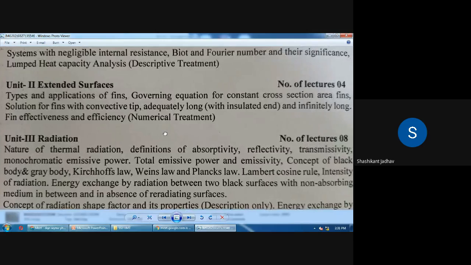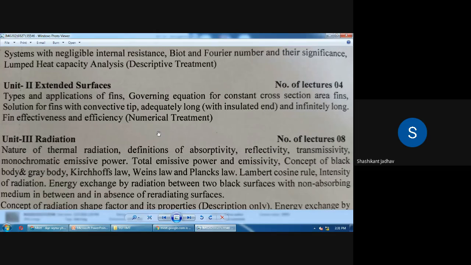Okay, so all of you first write down the syllabus of unit number 2. Here we have completed unit number 1. In total 28 lectures we have spent on unit number 1. From that we can understand how many derivations are there, how many problems are there. Now we are starting unit number 2, that is extended surfaces. So we have to study unit number 1 properly, so it is very easy to understand the next topic.